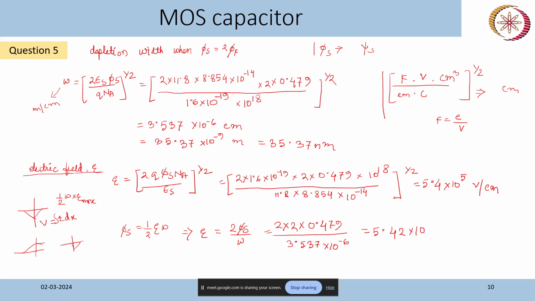Okay, 3 point. So this is the answer is also same. I'm a bit confused. If you use this formula also. So if you don't remember this big expression, then you can use this assumption that we have already used for p plus n junction or n plus p junction.